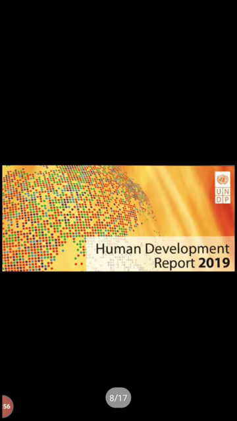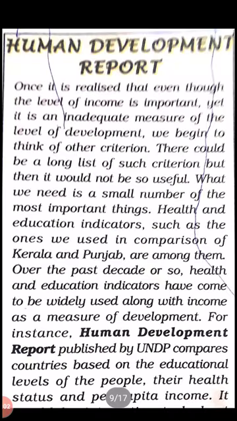Now come to the human development report. We have already studied in our previous videos that to know about development we will have to use different criteria. These criteria can be divided into a long list. From that list, the 3 things that can be used as criteria to compare are health, education and standard of living. These 3 things are the most important among the whole list we have.